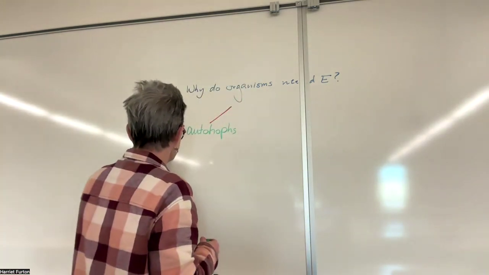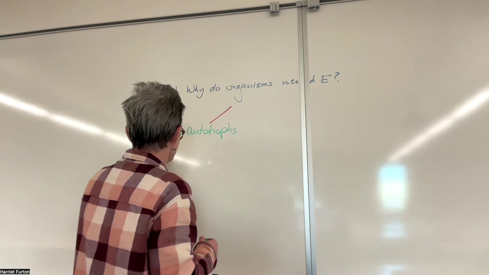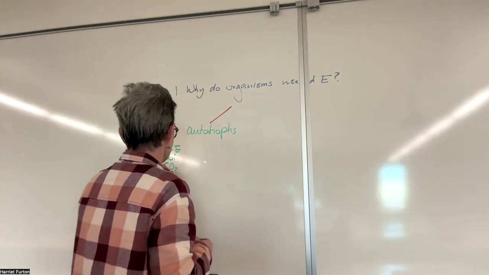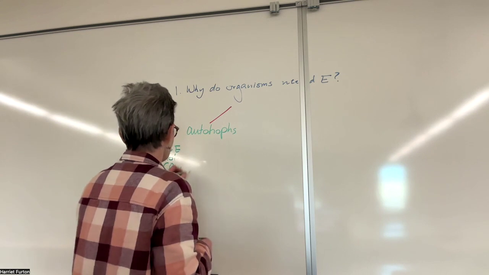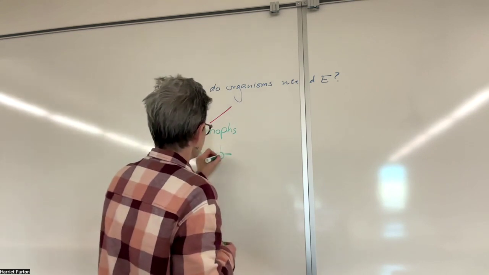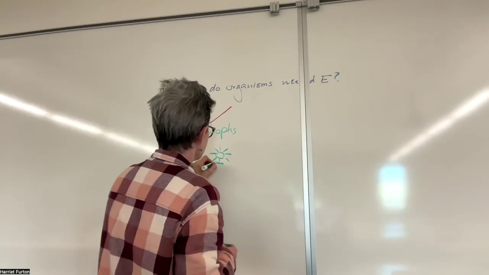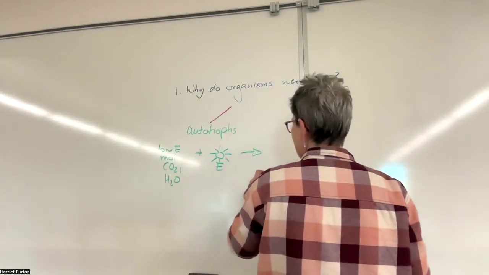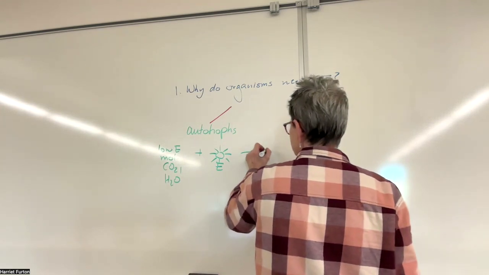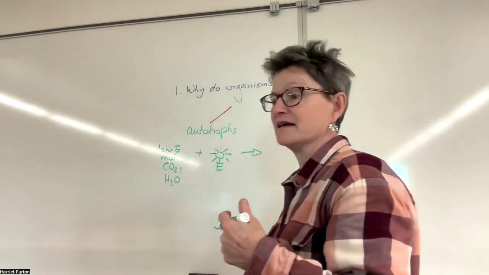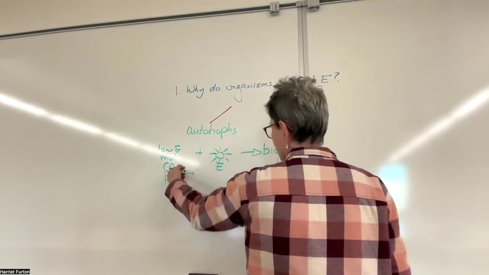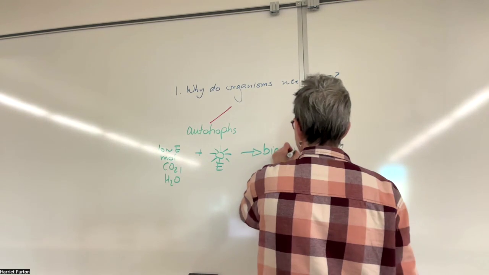We have the low energy molecules like carbon dioxide and water. We add a little bit of sunshine with its high energy, and the plants are making bigger molecules than carbon dioxide and water,